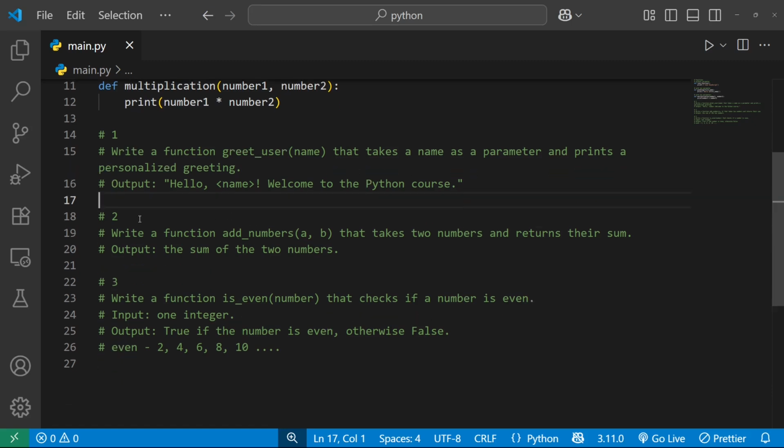Okay. Number 2, write a function add_numbers, and there will be 2 parameters that takes 2 numbers, and we will not return, we will print their sum. So the output will be the sum of the 2 numbers. So if I send there 10 and 5, it will print to the terminal 15,